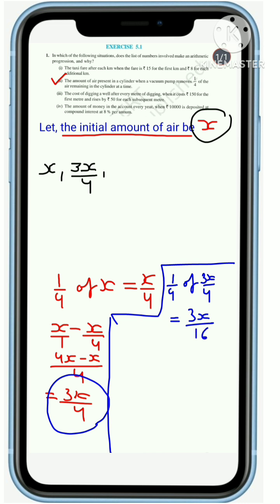Now, after second removal, amount of air left in that cylinder will be 3x/4 minus 3x/16, and LCM of 4 and 16 will be 16, and here will be 12x minus 3x, and after subtracting we obtain